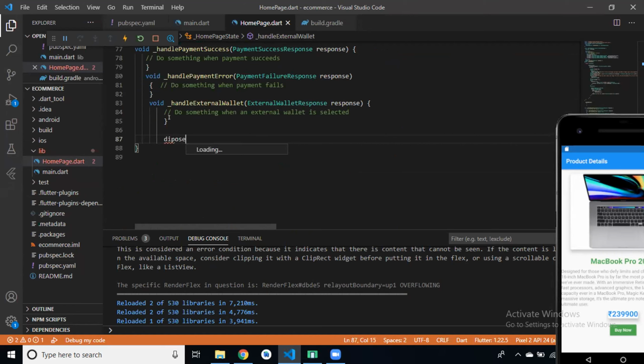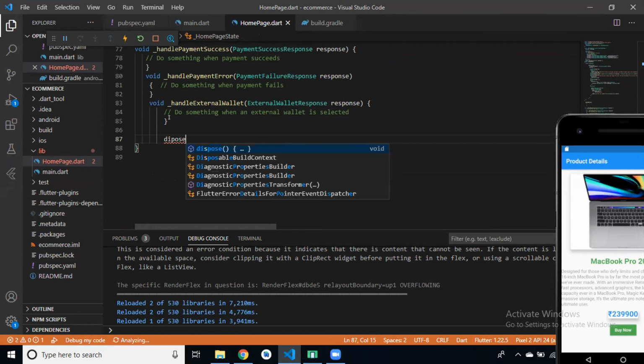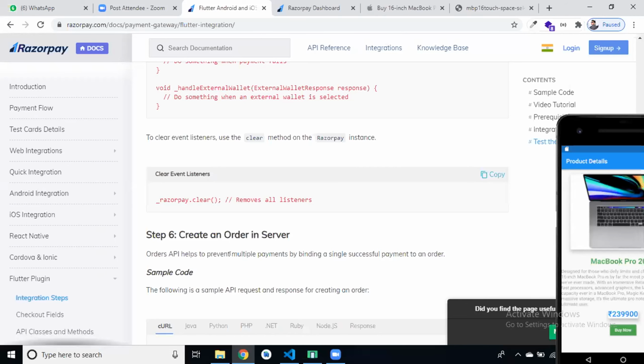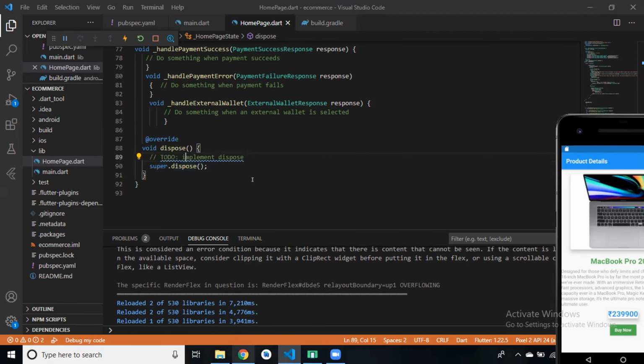That is a dispose method. So this is also an overriding method. Same like init state, this method is used to clear all the instances which we have initialized in our init state. Clear?